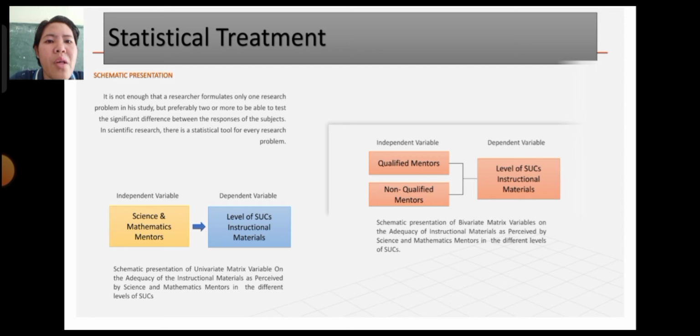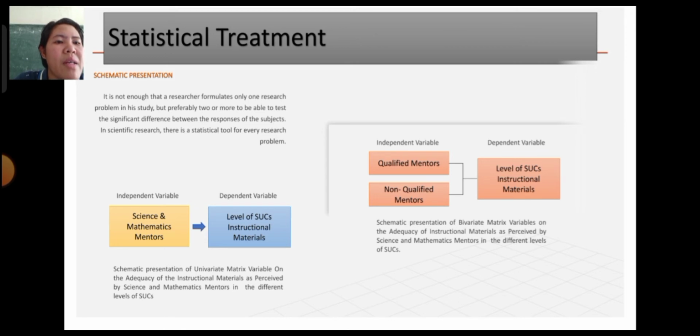Okay, example. The independent variable is the science and mathematics mentors, and the dependent variable is the level of SUC's instructional materials. Okay, schematic presentation of univariate matrix variable on the adequacy of the instructional materials as perceived by science and mathematics mentors in the different levels of SUCs. Okay, the independent variable is the qualified mentors and non-qualified mentors. The dependent variable is the level of SUCs instructional